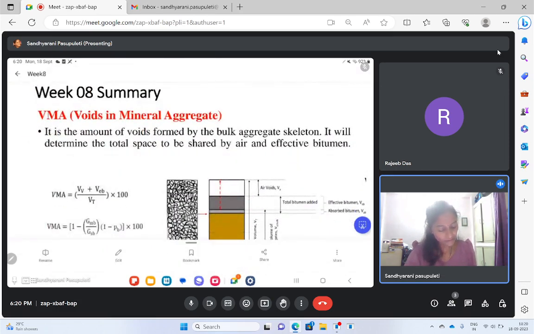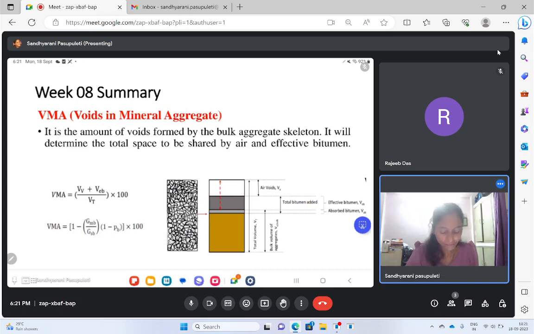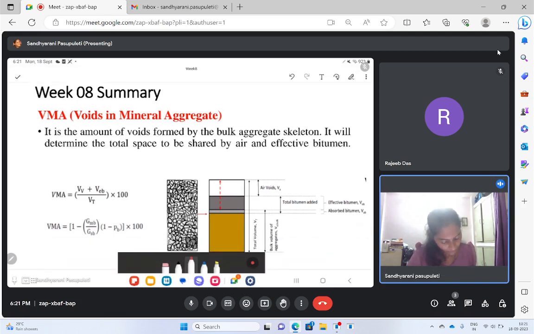So let us discuss a few of the volumetric parameters that are very useful in the mix design. The first volumetric parameter would be VMA, voids in mineral aggregates. If we look at the phase diagram here, this is the aggregate and this is the absorbed bitumen. These two together, aggregate plus the absorbed bitumen, would be called the bulk volume of the